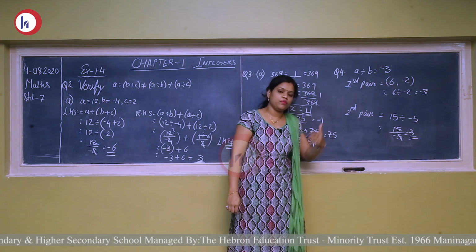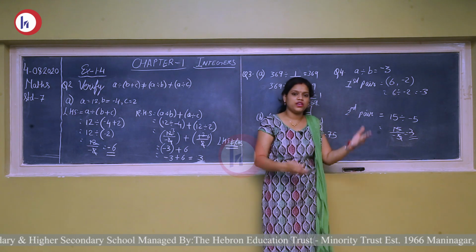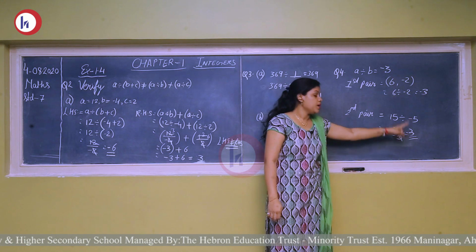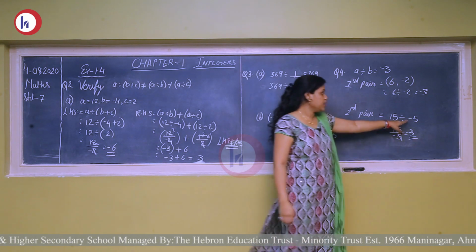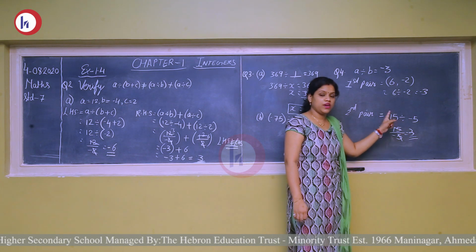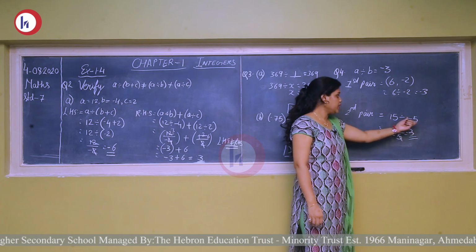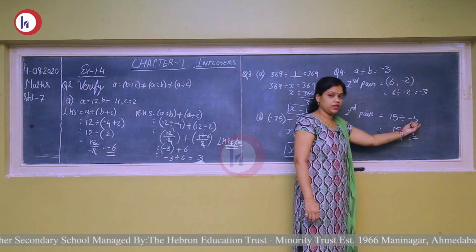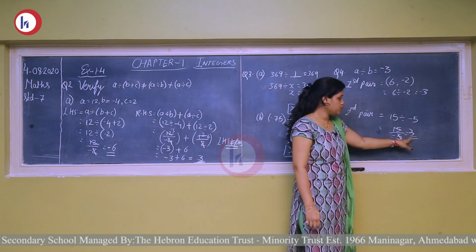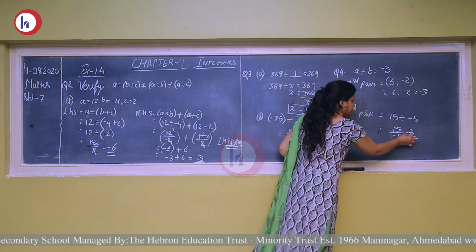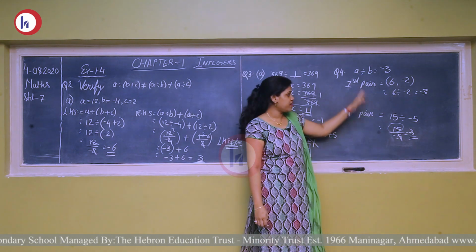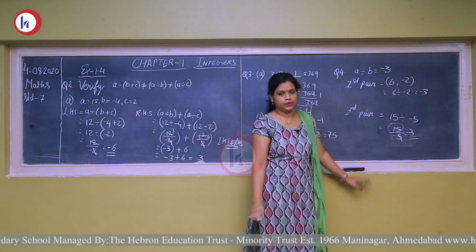So you can take any from the 3's table, like 24 divided by 8, you can take 21 divided by 7. But what you have to keep in mind is that the second number should be negative, like 21 divided by minus 7, 24 divided by minus 8. When you take minus as the second number, 15 divided by minus 5 is going to give you minus 3, because the two signs should be different, then only the answer will be negative. So you have to keep that in mind, and you can find any pairs, your own choice.